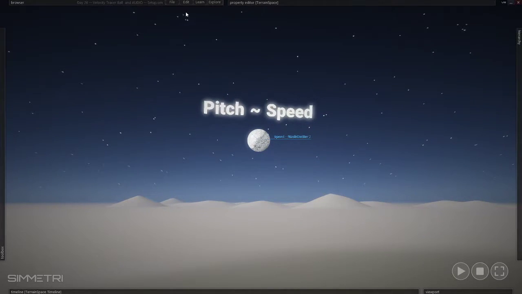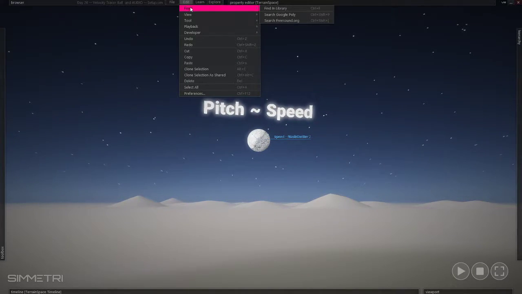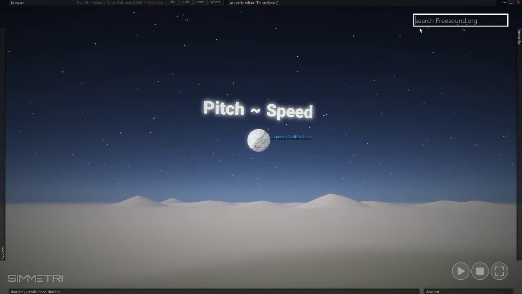We're going to go to edit, find, and then this will launch you out to freesound.org. I thought I'll take something that's at the vocal range. So I'm going to work with something like a cello or a viola. I just chose cello. What I'm looking for is something that has some overtones. As you shift frequencies, if you use a pure sine wave, it can sound super crazy. I wanted something with a warm